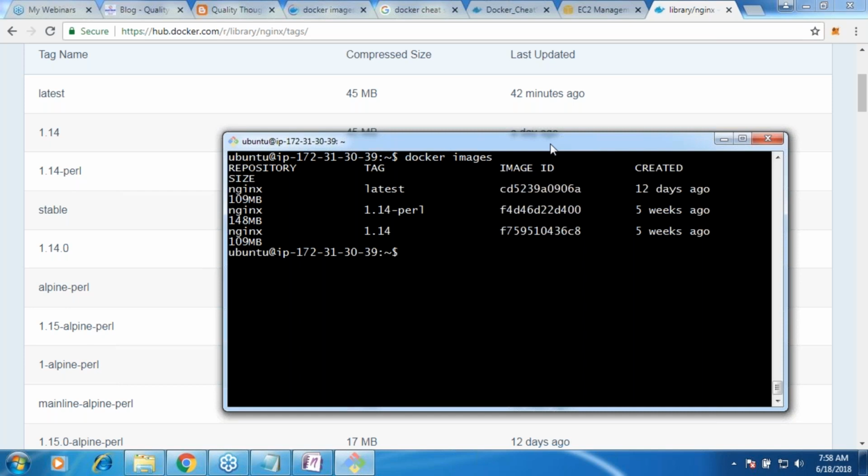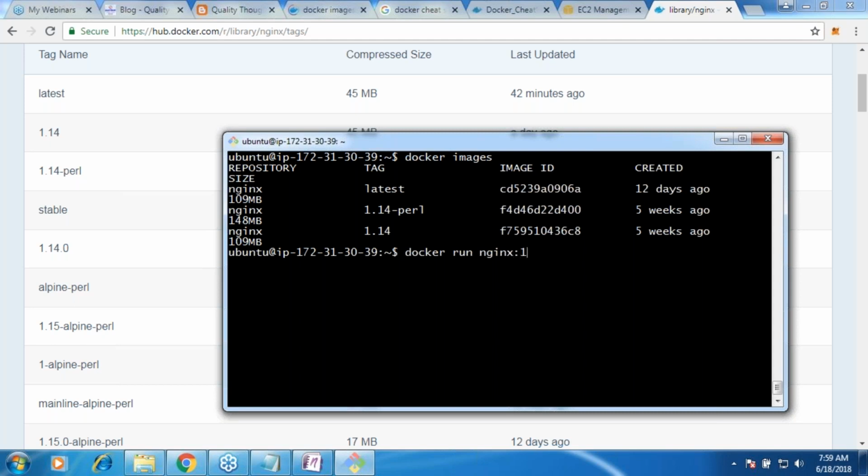Are you seeing? We have 3 versions of the same application. Functionality might be the same, but they are different versions. So you can run all of them on the same machine. Now I can say docker run. All these days, how would we say docker run Nginx? Whenever you use this command, what would happen? It will add colon latest to it automatically. So if I want to run 1.14 hyphen perl, then what will you do?